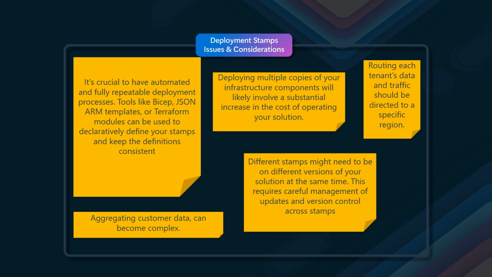Stamps are independent of one another, so if an outage affects a single stamp, tenants deployed to other stamps should not be affected. This isolation helps to contain the blast radius of an incident or an outage. Handling single and multi-tenant instances: this pattern should support both single and multi-tenant instances, ensuring that each tenant's data is isolated and